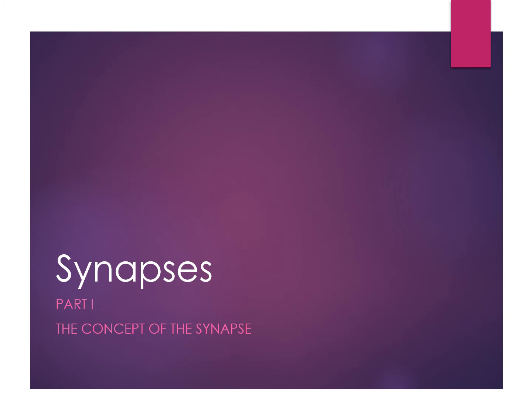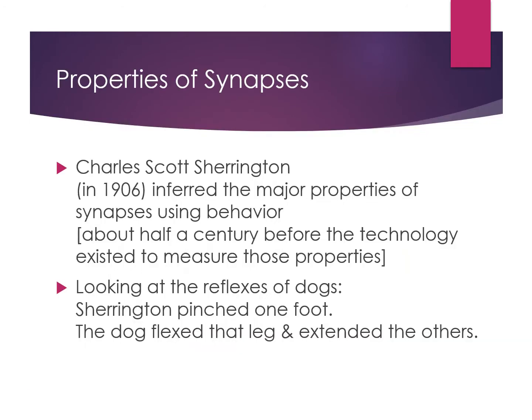So this is the beginning of chapter 2 and synapses, and I'm going to start, as your author does, by talking about the concept of a synapse, so really how we discovered the properties of synapses. It was Charles Scott Sherrington in 1906 who inferred the major properties of synapses, and he did this, so he